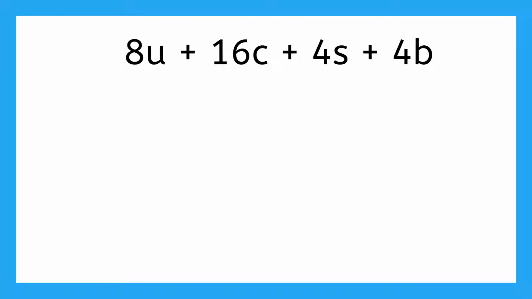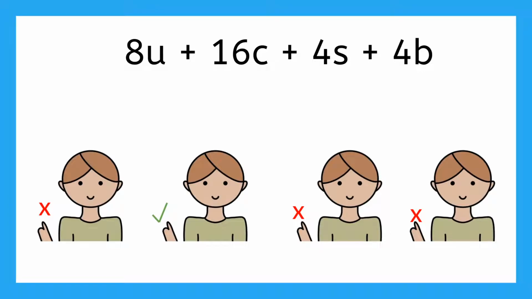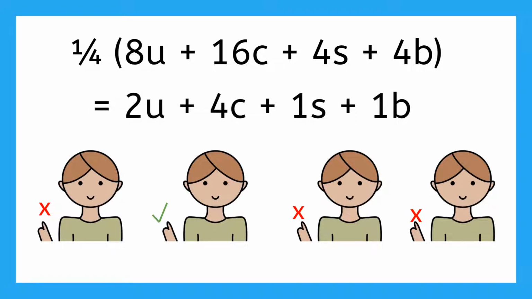Alright, so let's see. For double the amount of people, we're going to need 8 packs of utensils, 16 bags of chips, 4 packs of streamers, and 4 bottles of soda. Oh, wait a second. That's for the amount of people I invited? But only a quarter of them said they were coming! Now we need to cut all these supplies by a fourth. Luckily, we now know an easy method to do that. If we group everything at once, then multiply the group by 1/4, and here's what we need for the party. Well, let's go buy everything right away.